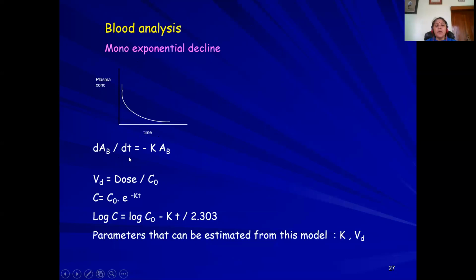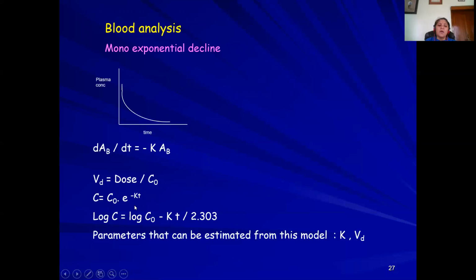Now, dAB/dt is equal to minus K into AB, where this is the rate of change of the amount of drug in the body with respect to time, which is proportional to the amount of drug in the body. The minus sign shows that it is declining. And volume of distribution Vd is equal to dose divided by C0, where C0 is the concentration at zero time. Now the mono-exponential equation here is C is equal to C0 into e to the power of